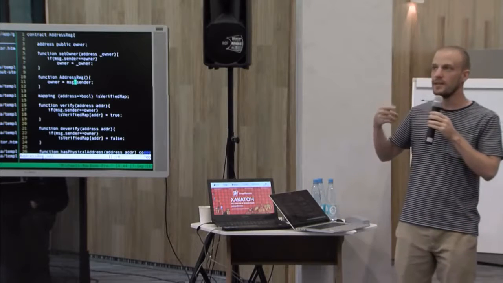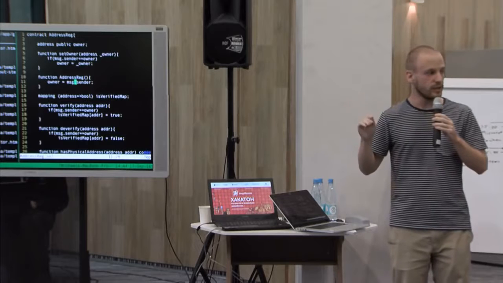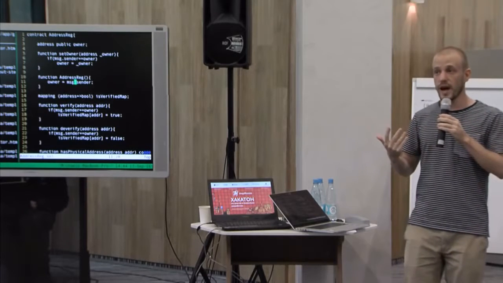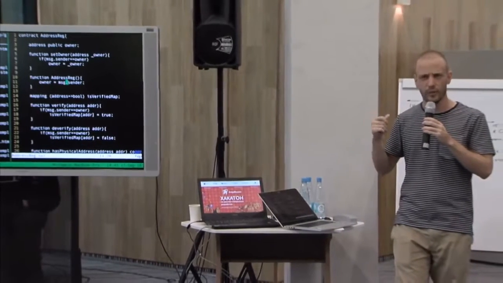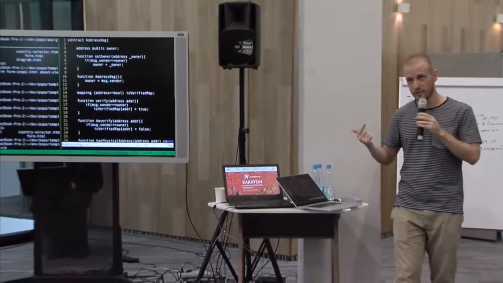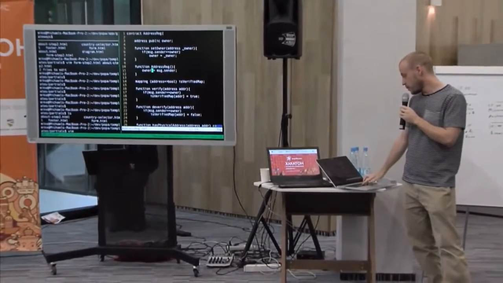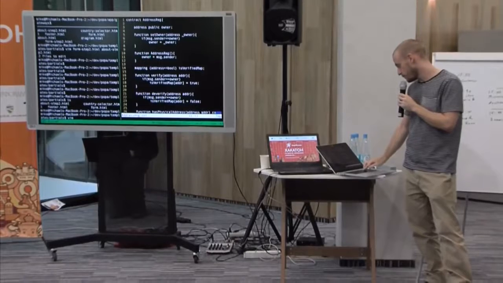In the Ethereum virtual machine's runtime, code only runs when it's been invoked by some transaction. So you can always rely on having globally available information about the message. You have information about who the message sender was, how much value was included in the message, and some other stuff as well. What we're going to do here is say that the owner of this smart contract is message.sender. That's all we do in the constructor.